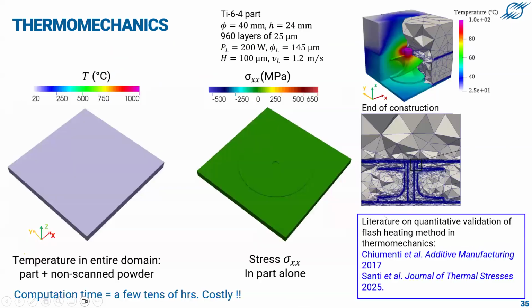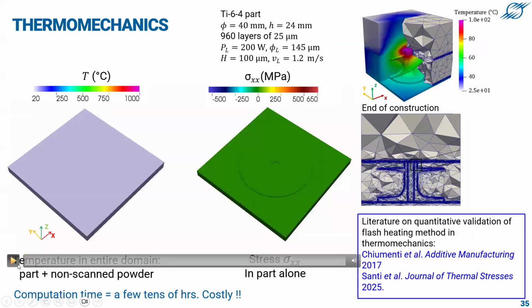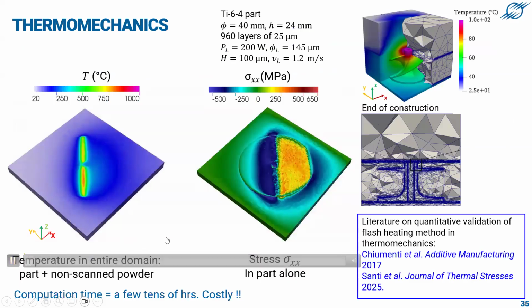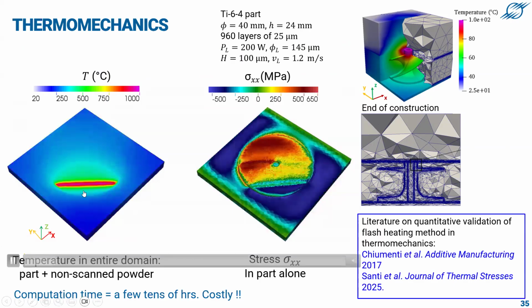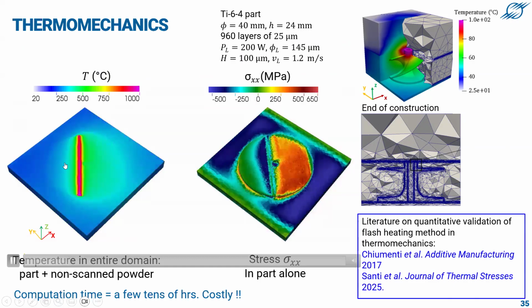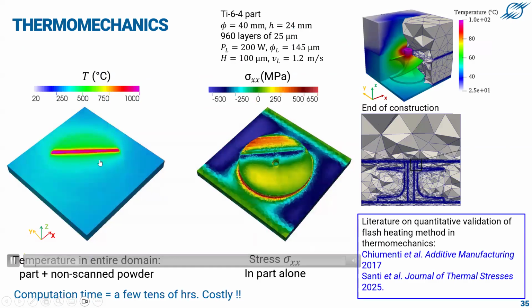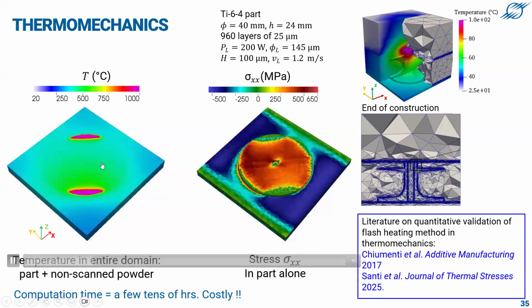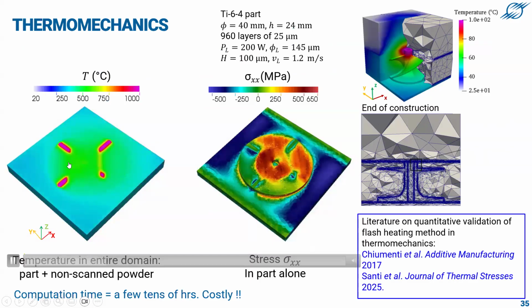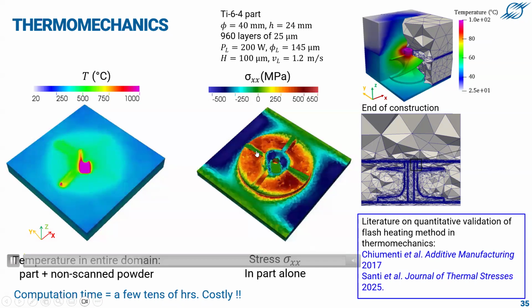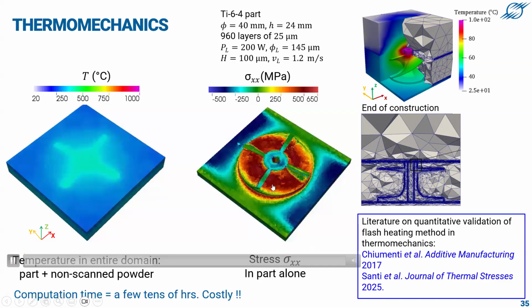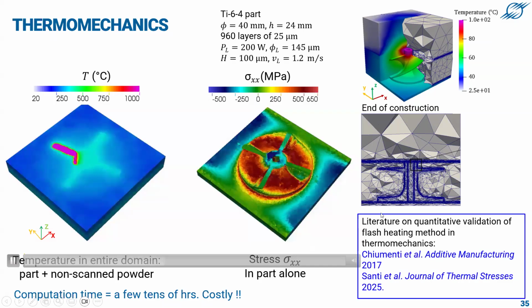So we applied this at the scale of more complex parts. And here I give you an animation of the temperature. So on the left, this is what we can see through the window of an additive manufacturing machine, in fact, and the laser is at work on the powder bed, and selectively you have the melting of the material. And here, the powder bed, the non-scanned powder has been removed, and we can see only the build-up of stress within the part.